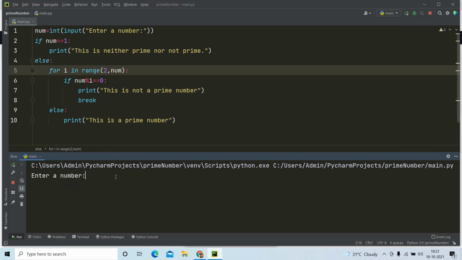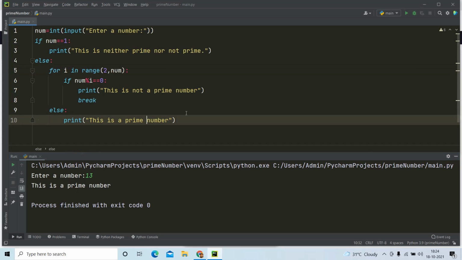I'll run again and try a bigger number. 111 is also not a prime number because it is divisible by 3. Okay, 121 maybe, not a prime number. What number can we give? Maybe 13. Yeah, 13 is a prime number.